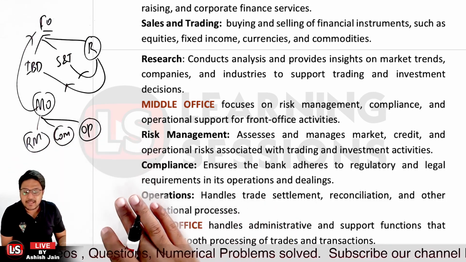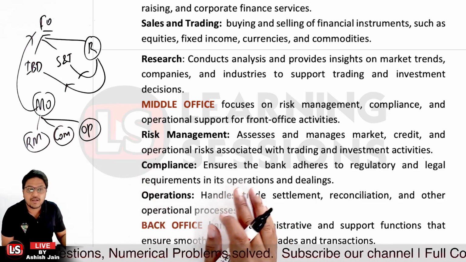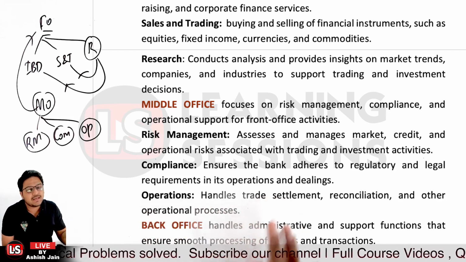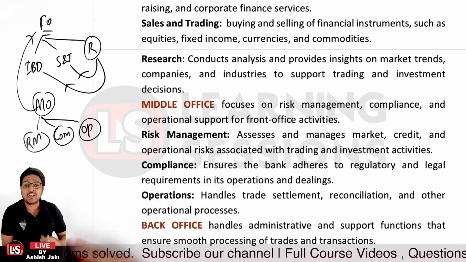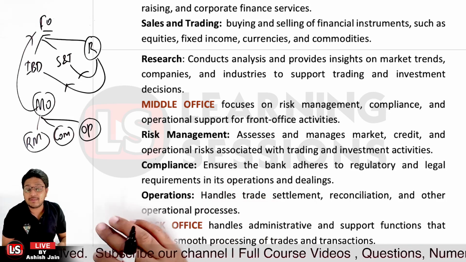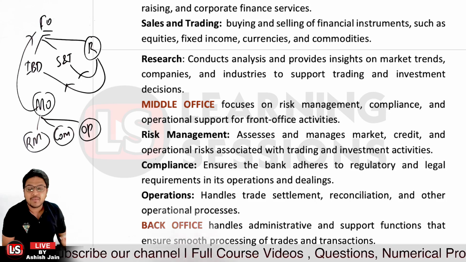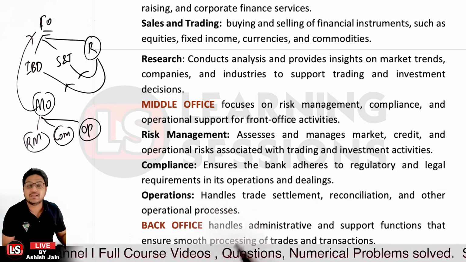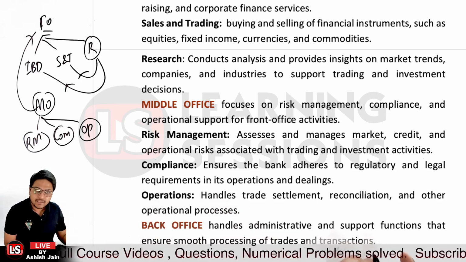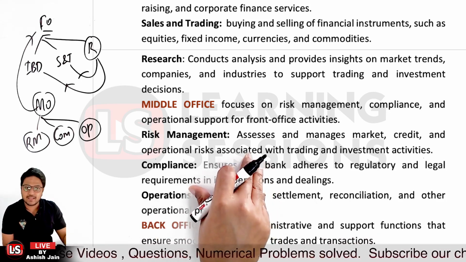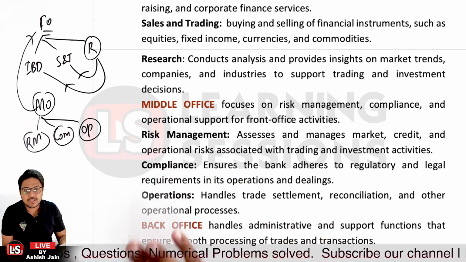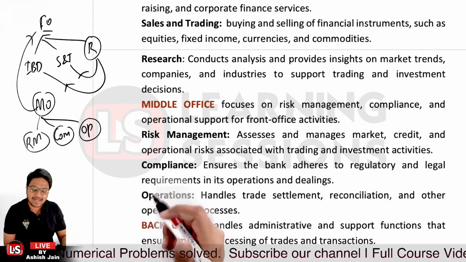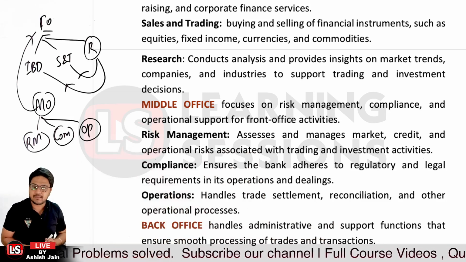Now risk management is related to the different risks involved in the market: credit risk, operational risk, market risk, or any other risk. They are looking for these and trying to inhibit, resolve, reduce, and mitigate them, right? When we talk about compliance, there are many regulatory or legal requirements that you need to comply with, and that is taken care of by this particular department. The third is operations, particularly handling settlements and reconciliation, which is handled by the operations segment, right?